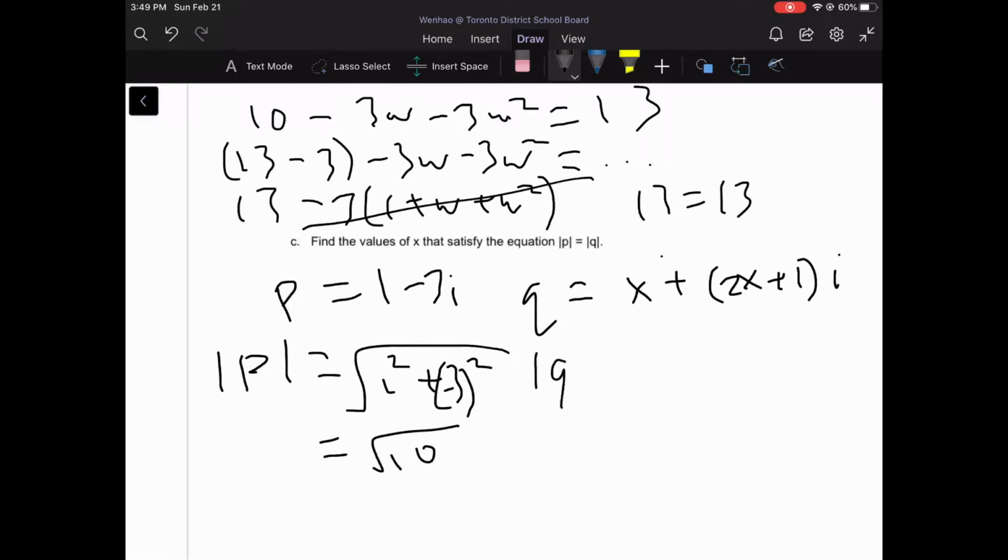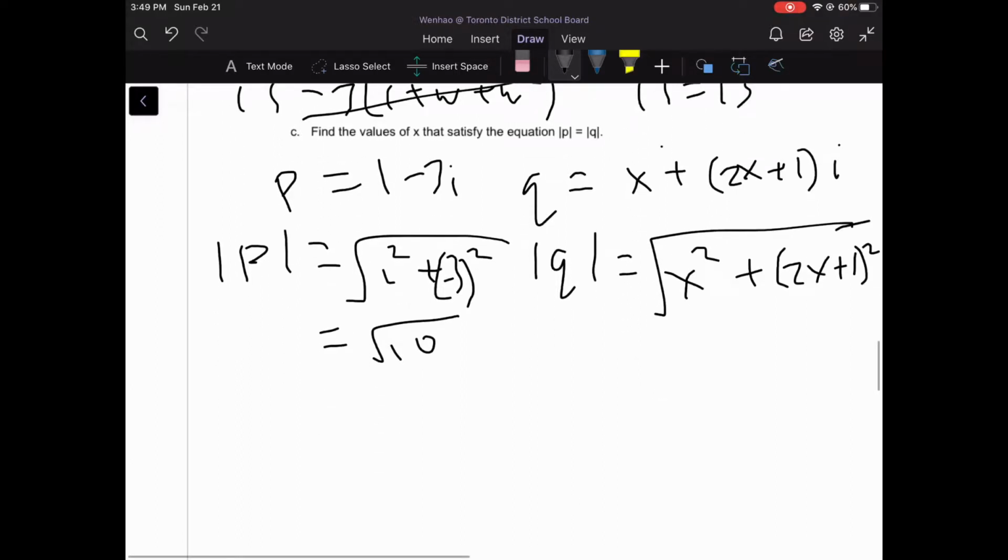And for q, this is the square root of x squared plus (2x plus 1) squared. We can equate these two because they're asking us to solve that. So we square both absolute p and absolute q to get this equation,